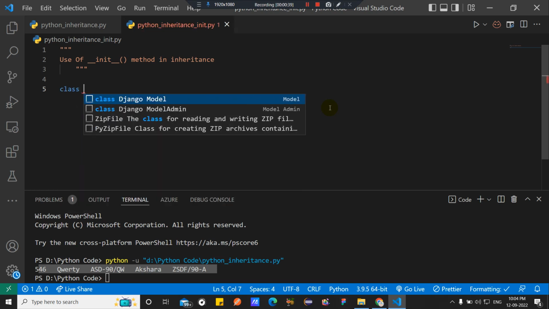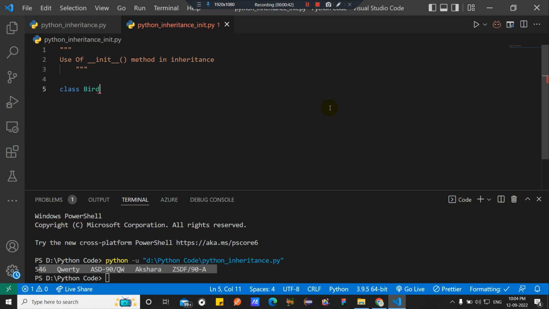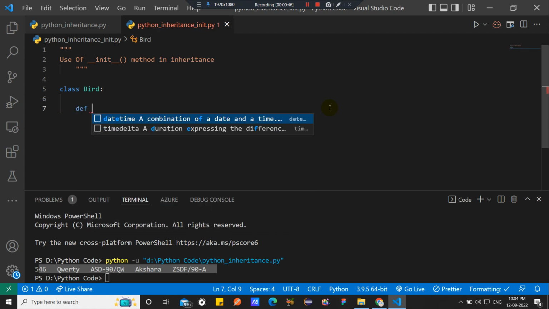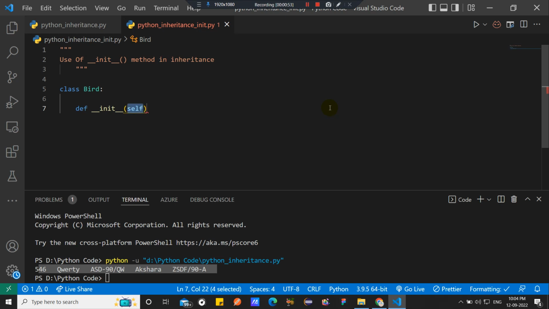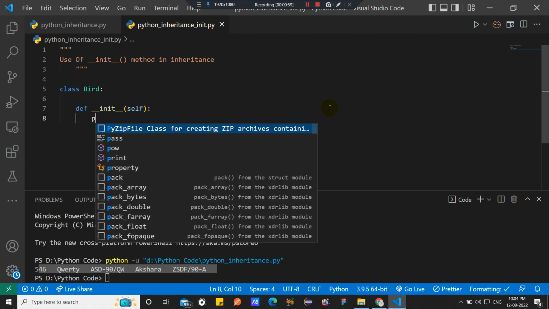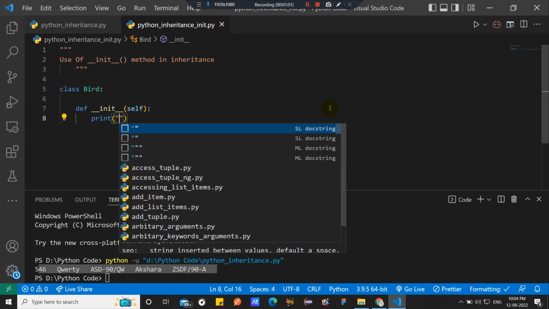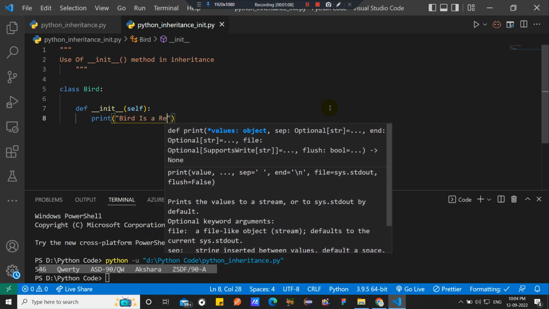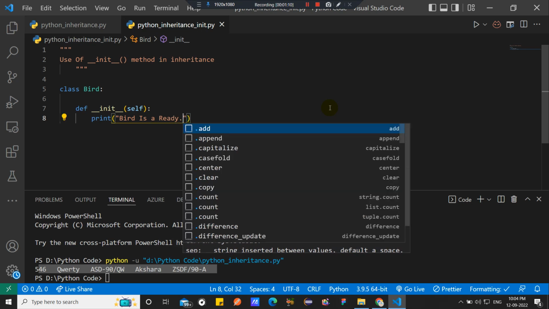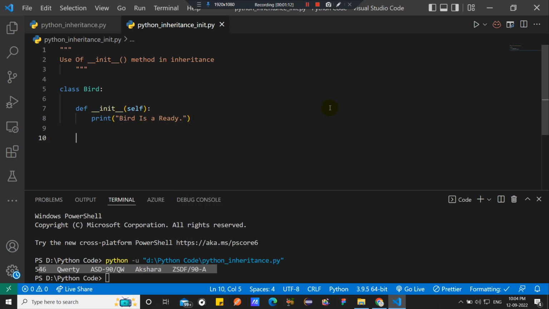Okay, so first of all we have to declare a class, class Bird colon, and inside that Bird you have to define the method def __init__(self): colon, and inside print "Bird is ready." Fine. Next you have to write